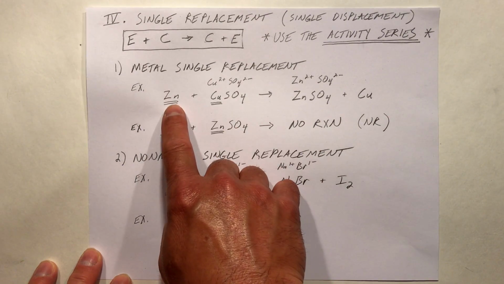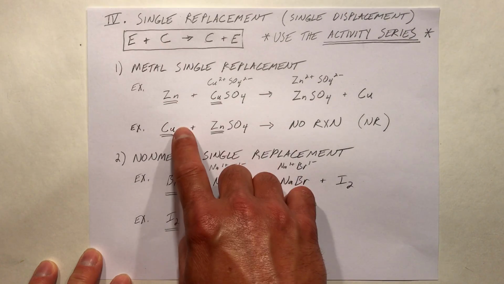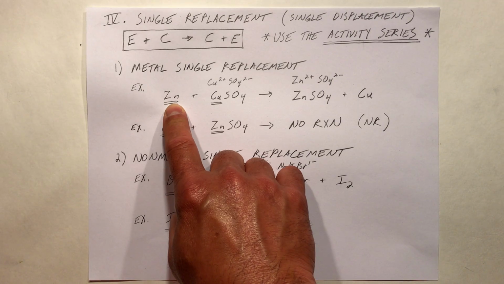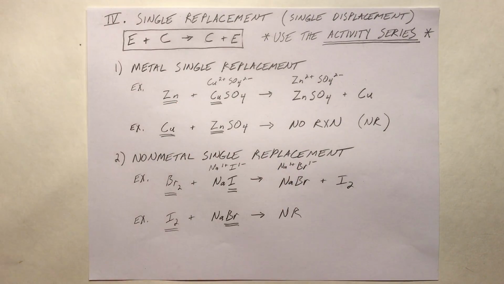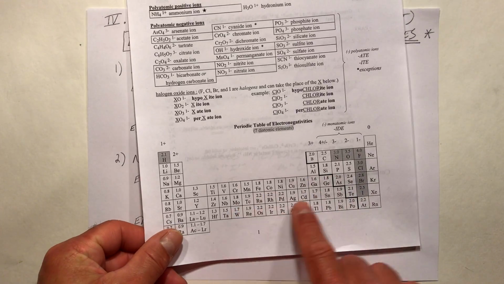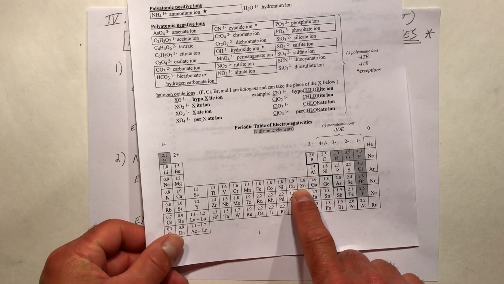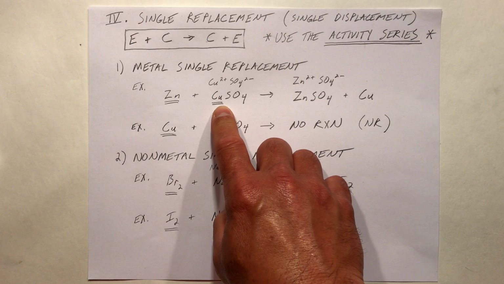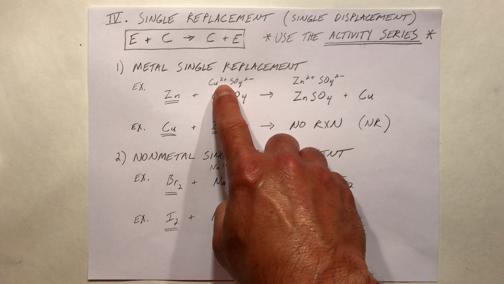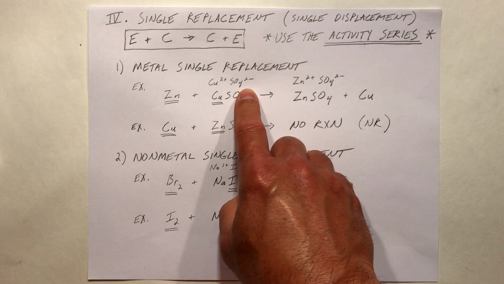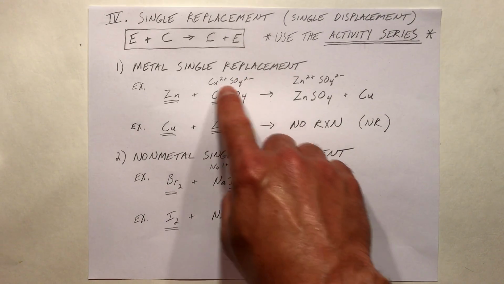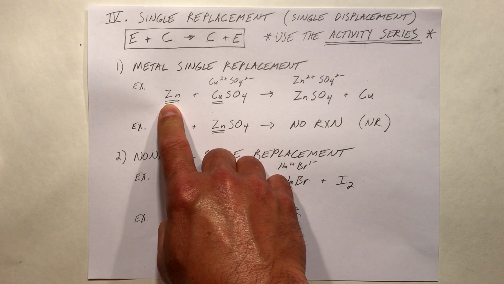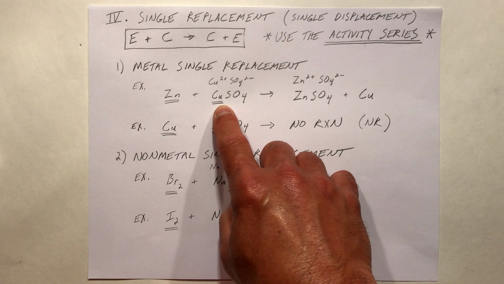So let's say we have an element and a compound as reactants. Let's say the element is zinc. Zinc is a metal. It's on the left-hand side of that zigzag line there. That's a metal, Zn. And that's combining with the compound copper 2 sulfate, made of Cu2+ crisscrossed with SO4 2-. The 2 and the 2 crisscross and then reduce. So what we're going to do is find out if zinc is chemically active enough to kick the copper out